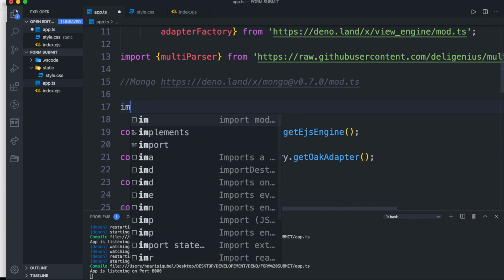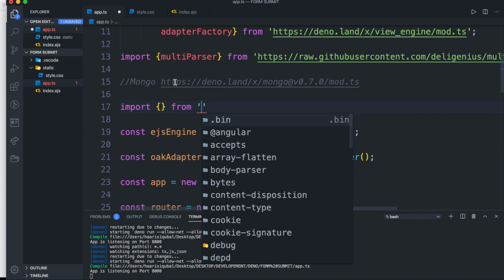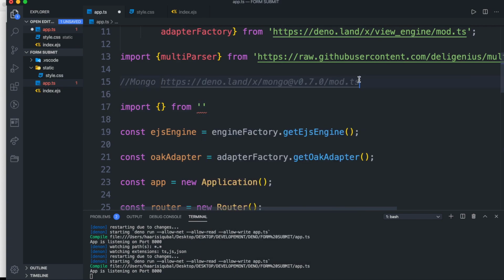Now, we need to add saving functionality to our form, so for this we need to import the Mongo module from its link. Inside Mongo, we need MongoClient.